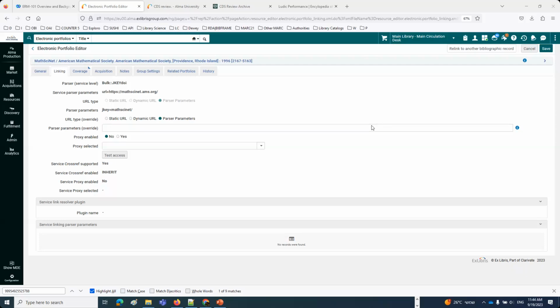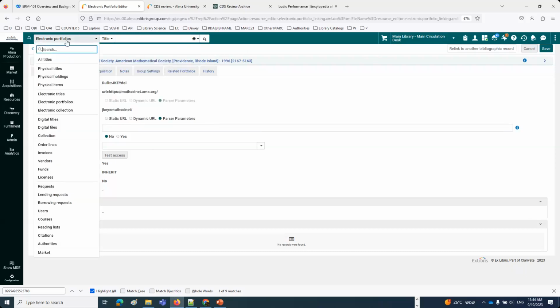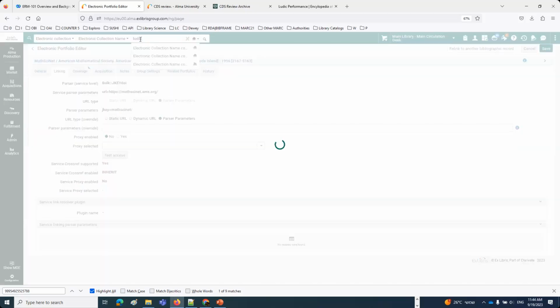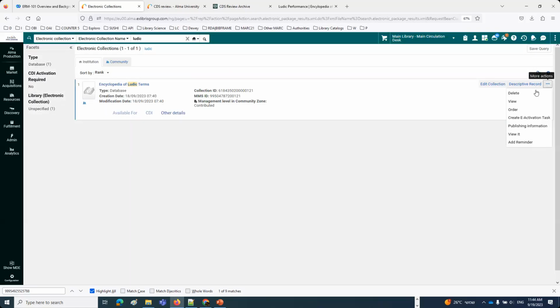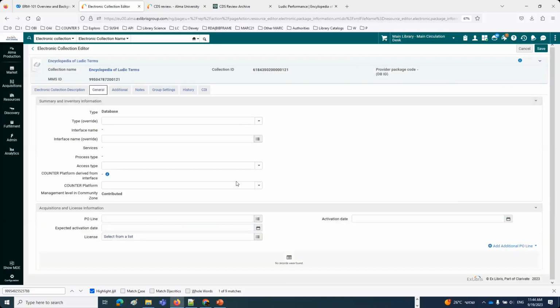We have here the parser parameters override and the URL type override. So for example, let's go back to that database because that's a good example. And we can play around with it. I don't want to play around with something that has parsers. So we had an electronic collection with, I think, the word Ludic in it. There it is. This wasn't really on the schedule for today, but let's do it anyway. So this one has a